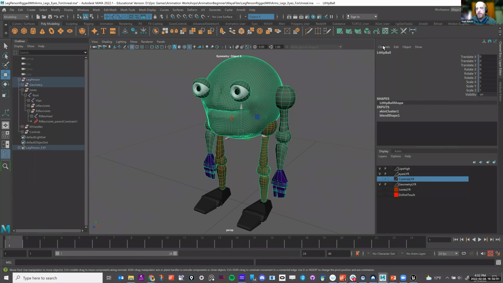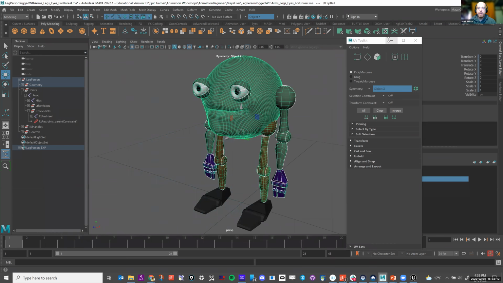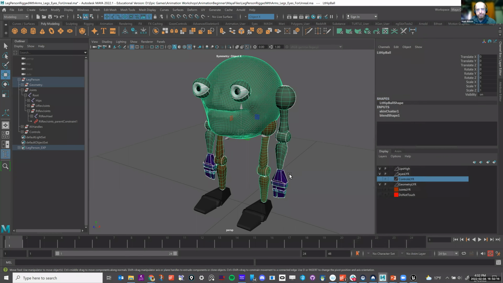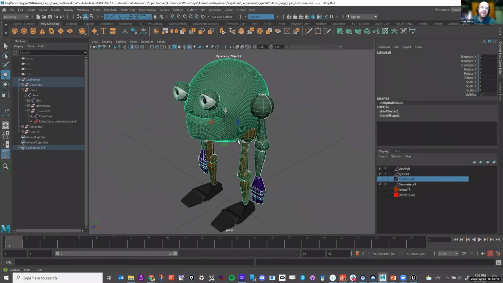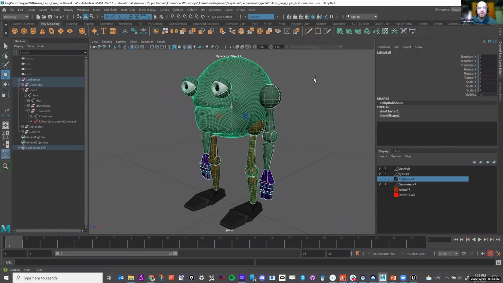I honestly don't think his body is set up with UVs. If I look at his UVs, they're probably a mess. Some things like his shoulders and his arms have some UVs to them, but I forgot to lay out his body. So there it is. If you want me to go in and fix it and you want to use this guy for whatever, I could probably go in and do that.